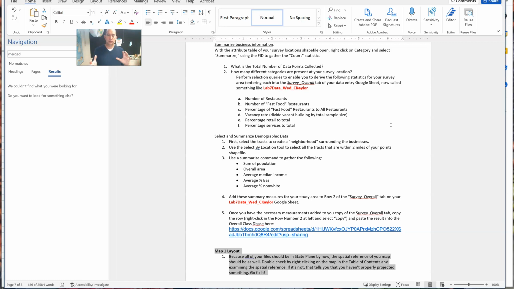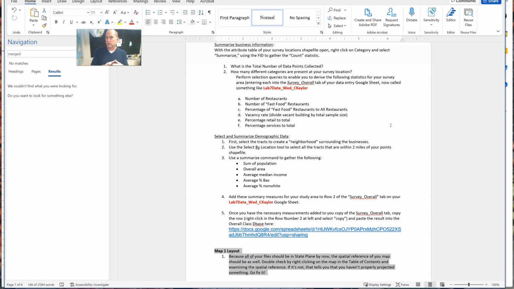And then we're also going to, as part of this lab, generate a few neighborhood characteristics. So what you're going to do is download data from the Census Bureau for all of the tracts in the counties that your study area is within, repeating some steps we learned in Lab 2. And then we're going to generate a neighborhood. We're going to take all the census tracts within 2 miles of your study area